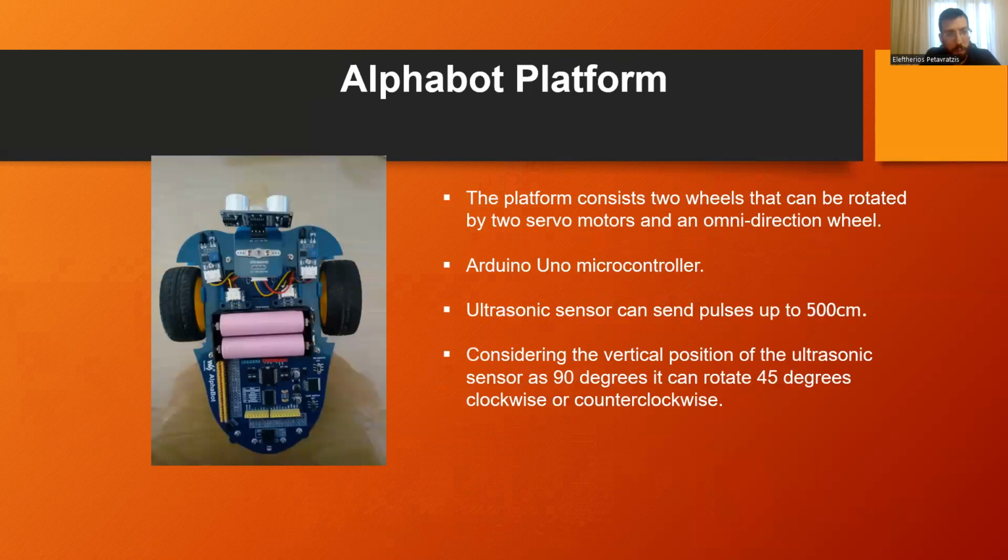Here you can see the Alphabot platform on which we have built our robot. And you can see that this platform has 2 wheels, one on each side, as you can see over there. And also there is one omni wheel on the bottom of the platform, and you cannot see it from this picture. At the top, we have an ultrasonic sensor that can send pulses up to 5 centimeters and